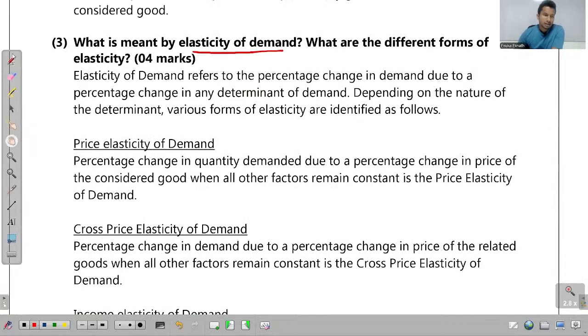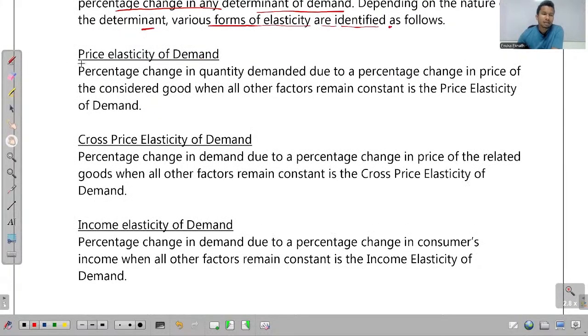Look at this. It says, this is the answer for the first part. Elasticity of demand refers to the percentage change in demand due to a percentage change in any determinant of demand. Depending on the nature of the determinant, various forms of elasticity are identified as follows. And then I have explained these three: price elasticity of demand, cross price elasticity of demand, and finally income elasticity of demand. The reason why I have explained these three is this is where we focus in the syllabus. We only focus on these three,